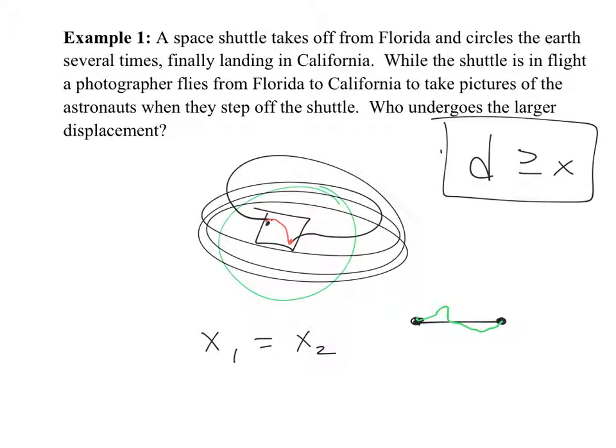Again, the distance is always going to be either bigger or equal to the displacement. And that's shown here in this diagram. If I go directly from A all the way over here to B, the displacement and distance are the same thing. But the minute I do this, my distance traveled is greater than the direct line displacement from A to B. So distance will be either bigger than the displacement or the same. It will never be this backwards. The distance is never going to be less than the displacement.